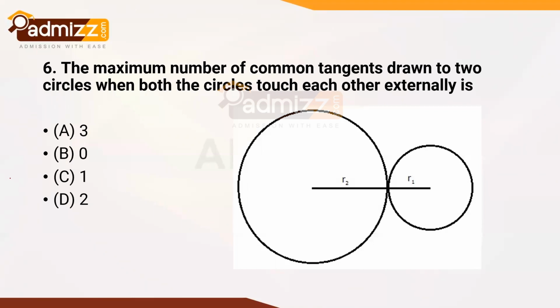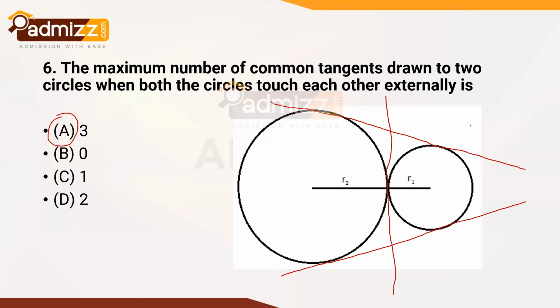Yep, the correct answer is exactly as Samjana says in the chat box. The correct answer is option number A, which is 3. That is because two tangents can be obviously drawn. One from the top side, which is a common tangent to both of these, and one from the bottom, which is a common tangent to both of these. But another one can be drawn, which passes through this particular intersection point. So in total, 3 tangents can be drawn. No other common tangents is possible in this particular figure. So the correct answer in this case is option number A, which is 3,